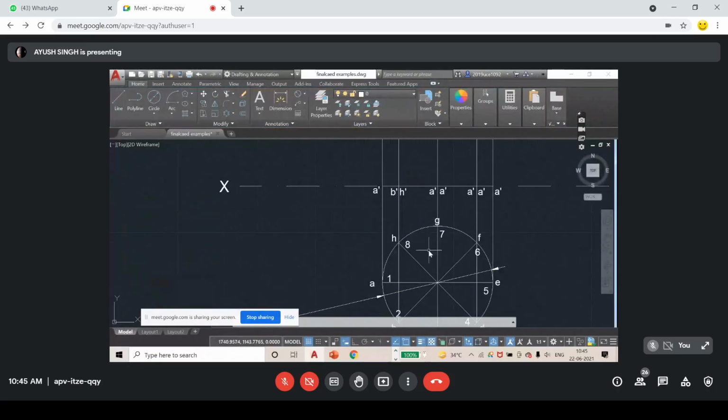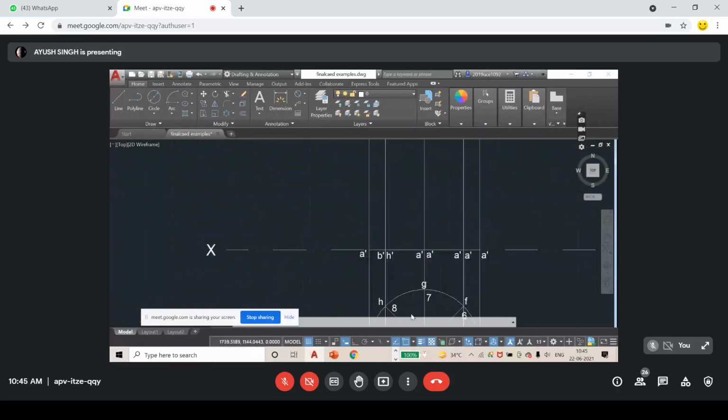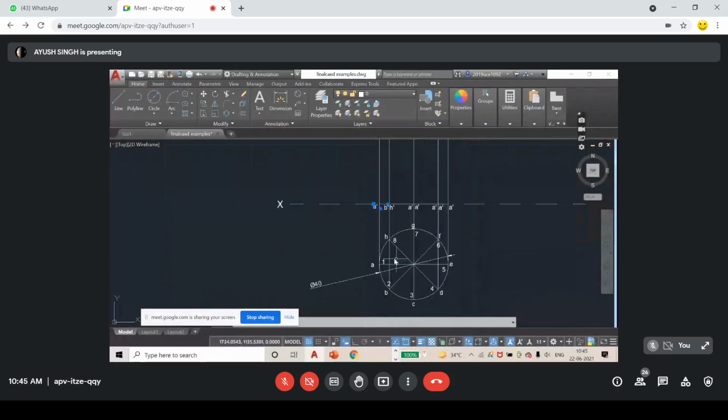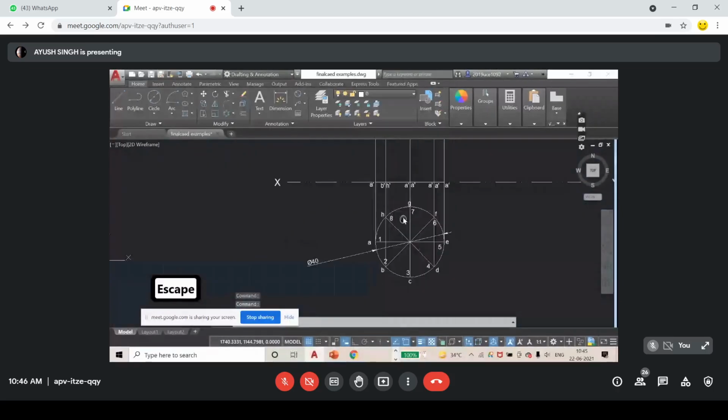Okay, this outer part is above, and this 1, 2, 3, 4, 5, 6 is below. Okay, so I should mark these dimensions A, B, C, D here. Okay, I'm sorry for this. Okay, so I just move them. Simple. First, I rename them also. G and C. So we have G dash.